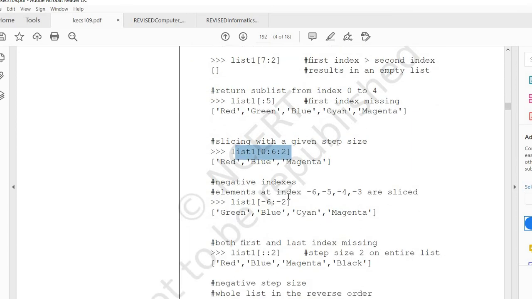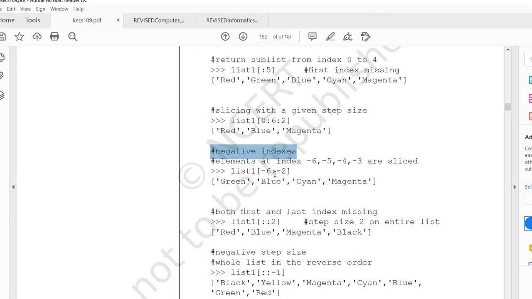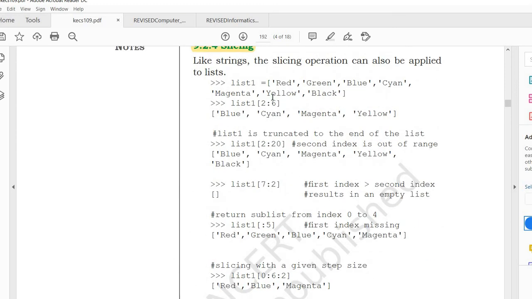And how can we do the negative indexes using the slicing operator? [-6:-2]. We are starting from -6 and stopping at -2. So just see the example. What are the positions when you are doing negative indexing? Black is -1, yellow -2, magenta -3, cyan -4, blue -5, green -6.